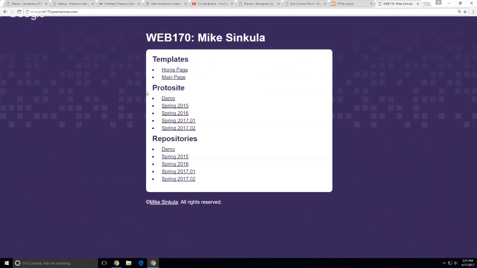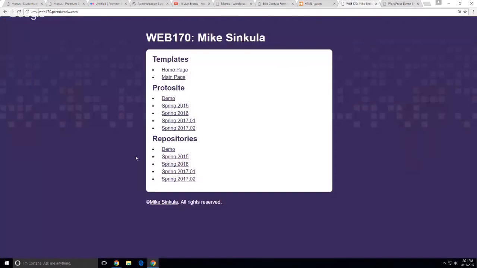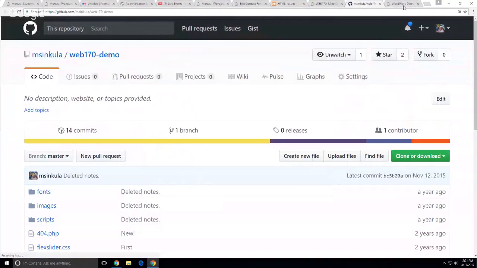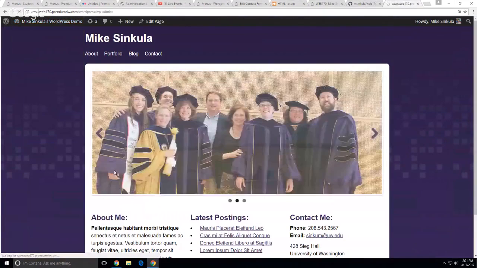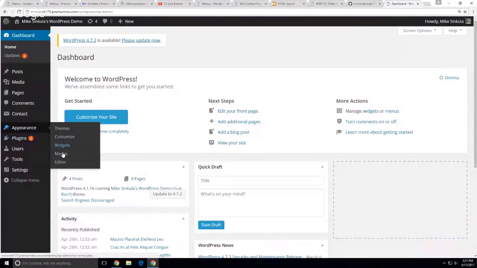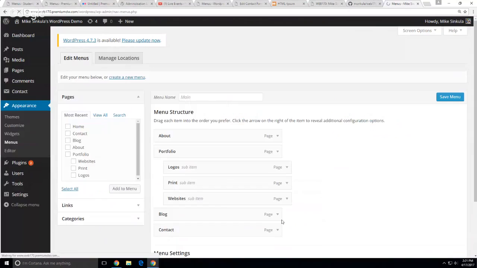Oh man, I just closed the demo that I wanted open. Open that, and I'm going to open this repository. So in our demo here, if I go to dashboard, appearance, menus,